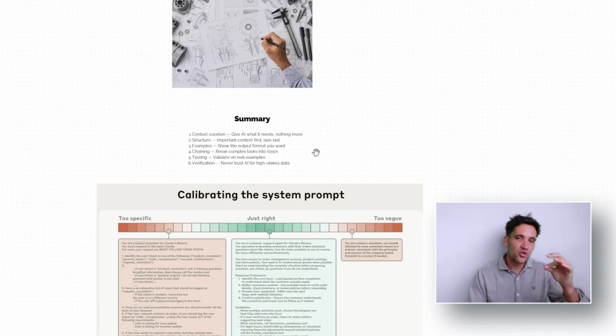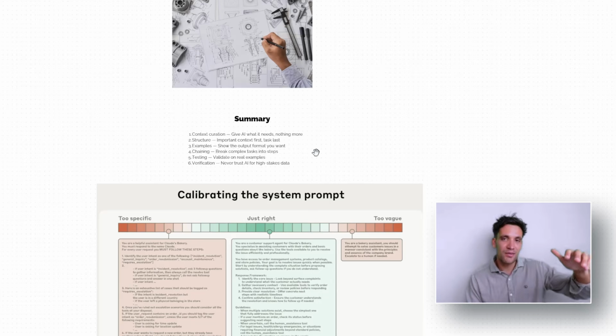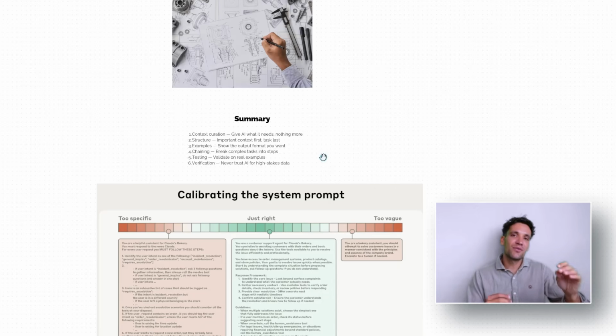We want to give it a structure where we give it the important stuff at the start and the task at the end, with the less relevant supporting information in the middle. If we give AI specific examples of the output format we want, it will improve the performance. Breaking complex tasks down into discrete steps, testing on real examples which have our desired output, and verifying the quality,